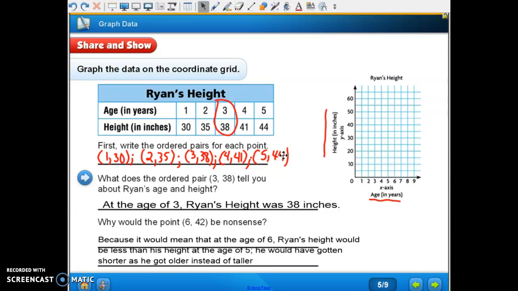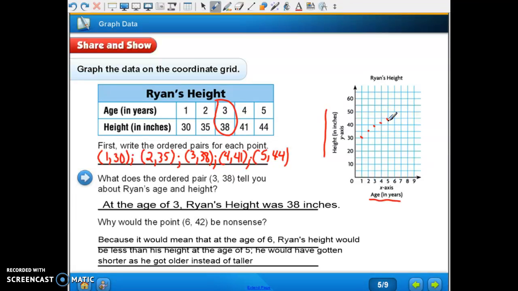I didn't do that yet. We would have 1 at 1 and 30. Sorry, I can't hit that mark a little better. 2 and 35. 3 and 38, so that'd be just under 40 here. 4 and 41, so just over 40, and then 5 and 44. So,